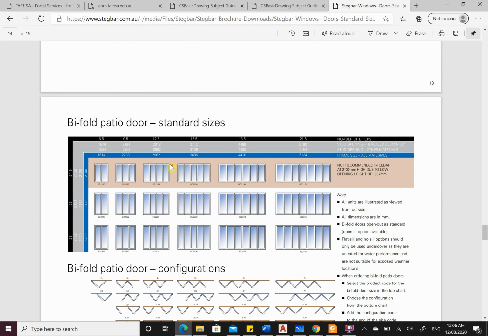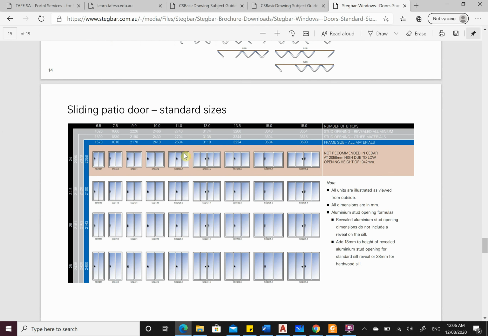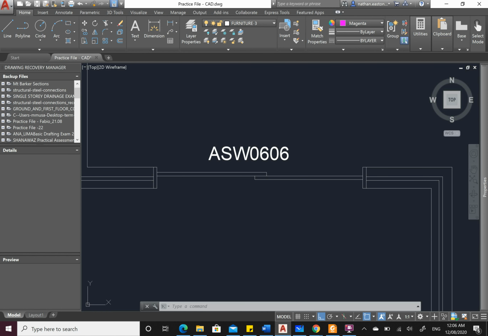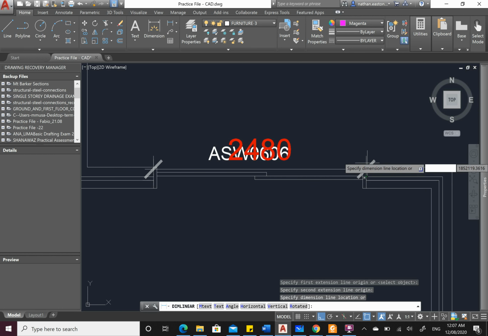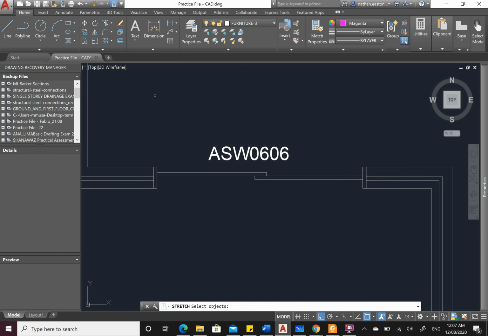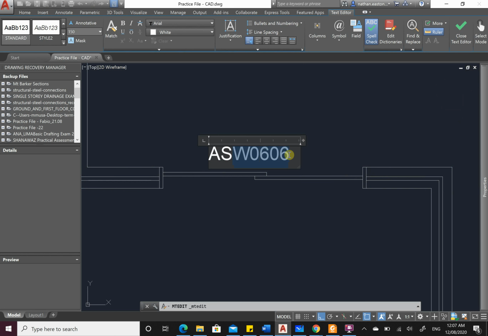Bifold. Sliding door. Cool. What have I got? 2400. It's 2100 by 2410. So I might try to use that. So what do I have to reduce this by? I have to reduce it by 70 millimeters. So stretch across 70. And this now will become aluminium sliding door with a head height of 2100 and it's 2.4 meters